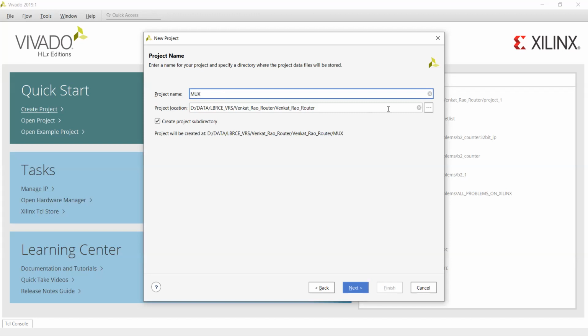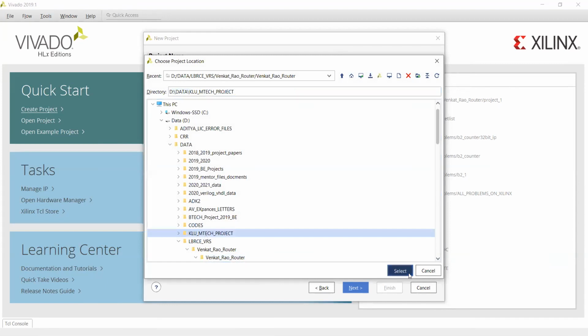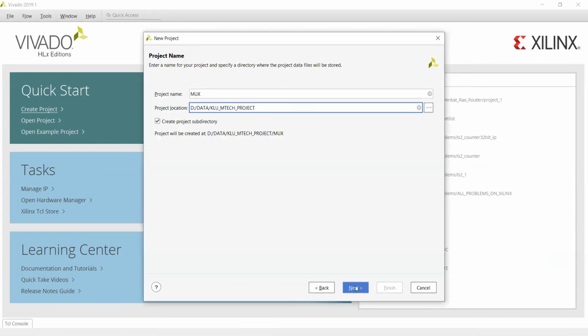You can change the location also, and accordingly you can give anywhere, no issues. And click on next.